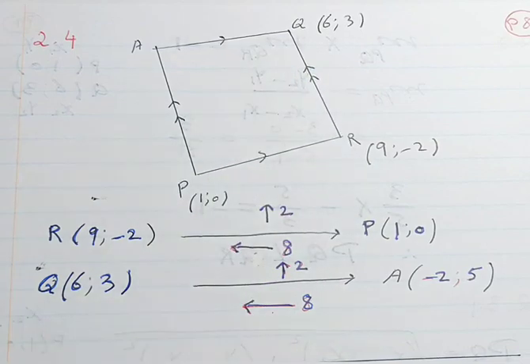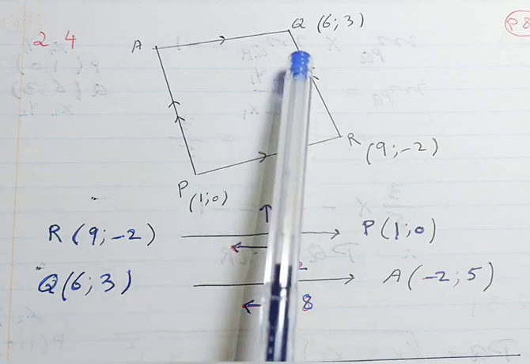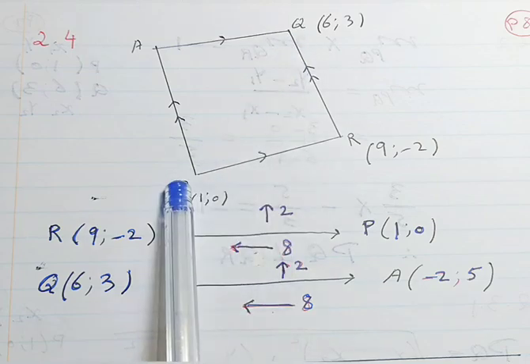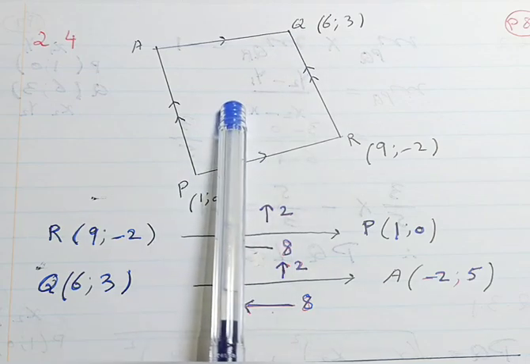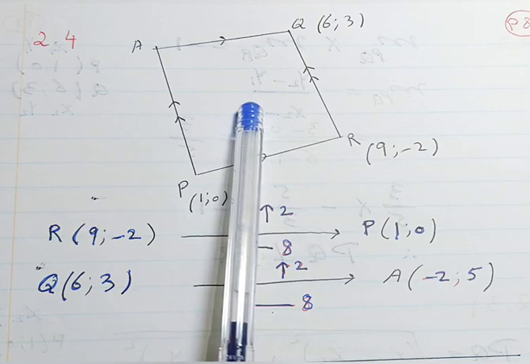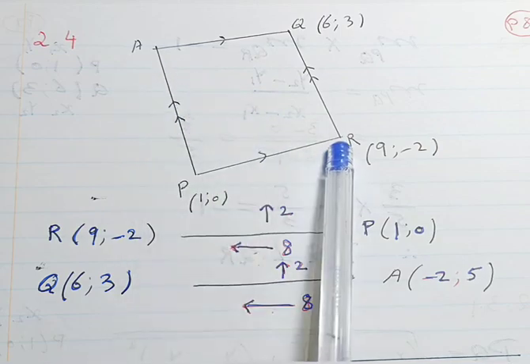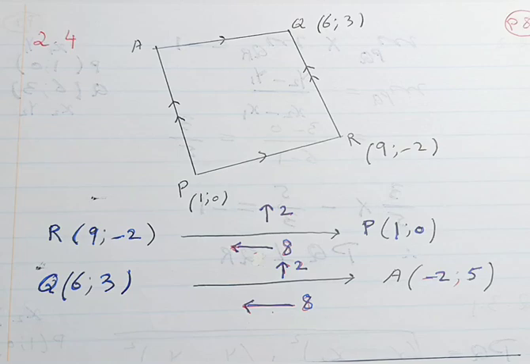Now we need to find the missing coordinates of A. You can do it by calculation or by inspection. By calculation, you have to find the midpoint of PQ and equate it with the midpoint of AR, and then you can find the missing coordinates of A. I'm going to use inspection. So by inspection,